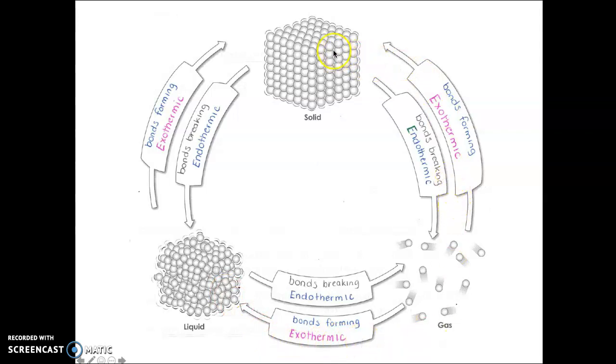Don't worry too much about this solid to gas step. There are only a few substances which will do this. Carbon dioxide is one which goes from being solid carbon dioxide, which we know is dry ice, and it sublimes. So all the intermolecular bonds need to break for it to go to gaseous carbon dioxide. The other substance that does this is iodine. It's an element, it's a purple solid, and it will give you a purple gas. The reverse is obviously going from the gaseous phase directly to the solid phase. That is also going to be bond forming, so